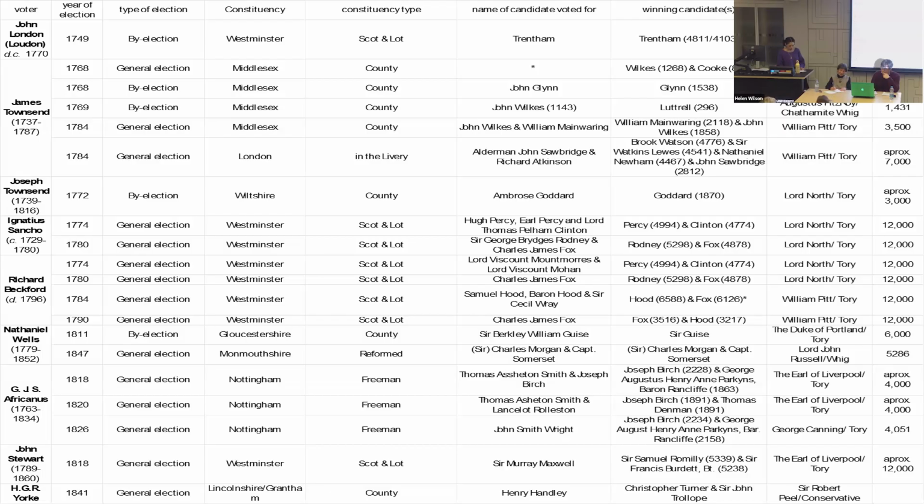So from the short list of 22, I was able to find 7 additional Black voters. I was unable to find anyone voting earlier than John London in 1749, but I found 2 earlier voters than Sancho. The process of identifying a voter is somewhat simpler than identifying someone who's eligible, because eligibility requires knowledge of their life, whereas voting requires knowledge of where they lived. The poll books